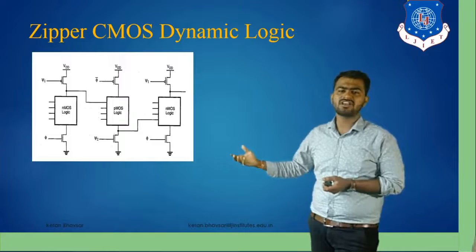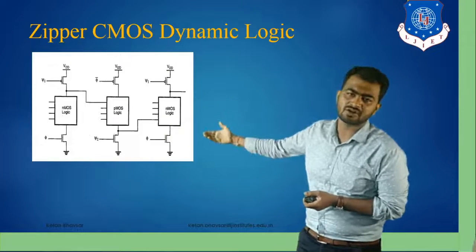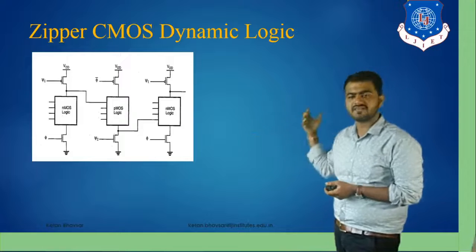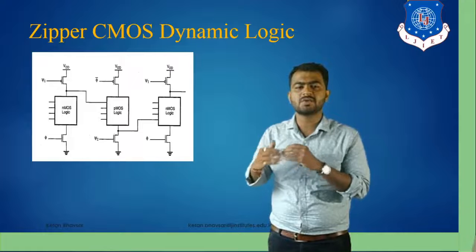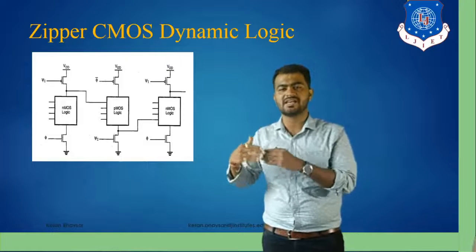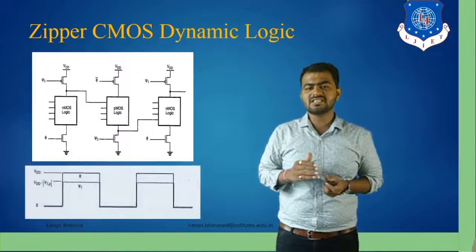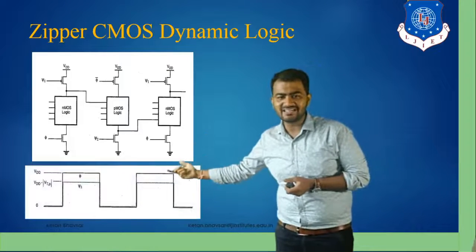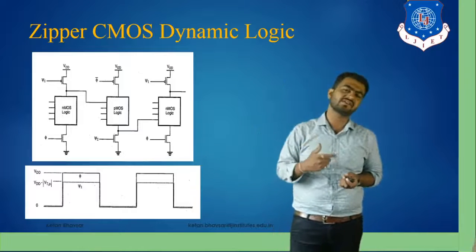So ultimately, when we are talking about a connection establishment, we are connected with the AND logic block, we are connected with the P logic block, we are connected with the AND logic block, then again we are connected with the P logic block. Ultimately, in this particular logic configuration, we are driving PMOS circuits, we are driving the NMOS circuit with the help of combinational blocks. So in the zipper circuit, you can see that we are getting a slightly better answer as compared to the other types of logic family configuration circuits.